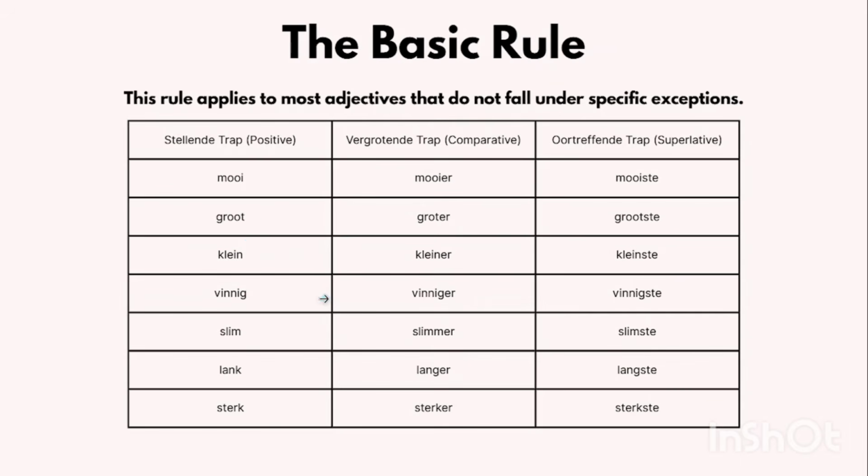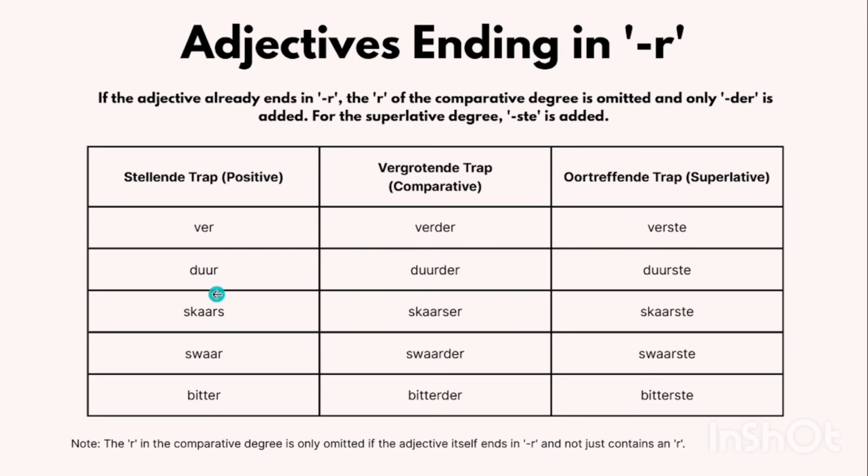That's why this one ended on a T, not an R, and you'll see with other examples that we're going to be doing. Okay, so dier keeps its original form, then you add DER: dierder, dierste. This one is in a league of its own because technically you're looking at it as if it ends with an R, even though it ends on an S. Honestly, I would put this one on my separate list of exceptions. Actually, that's what I'll do next time. So just ignore it. But skaars becomes skaarser and then skaarste, and swaar is swaarder and swaarste.